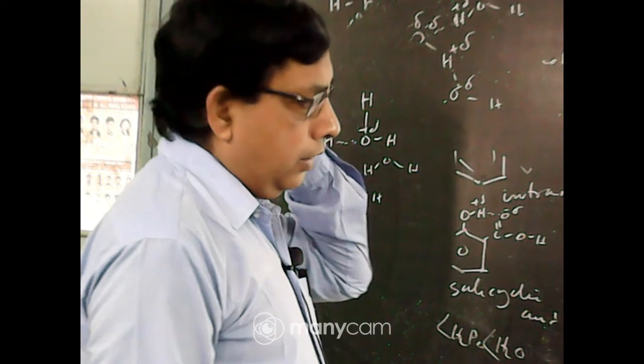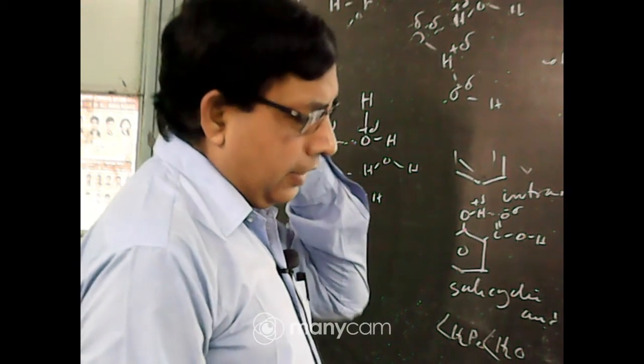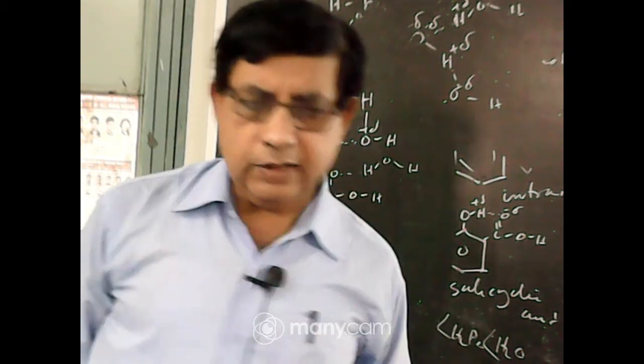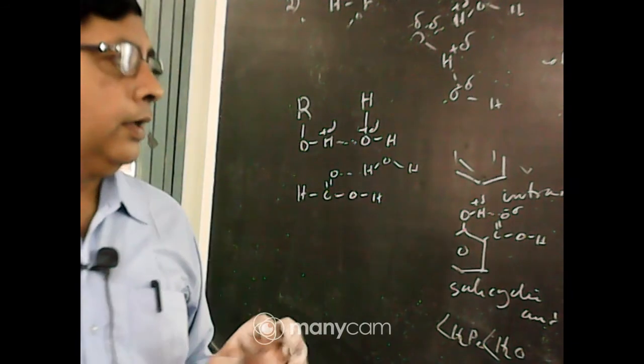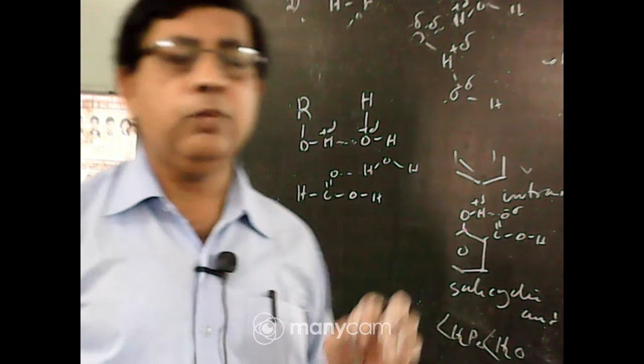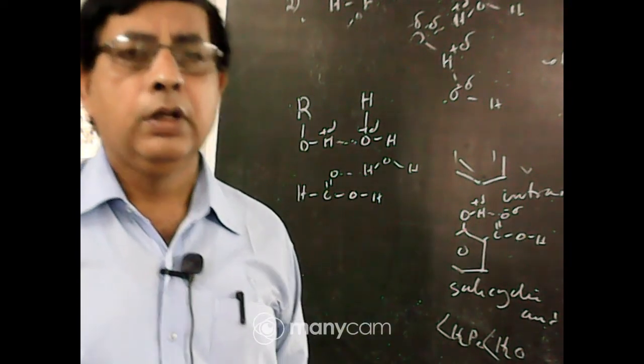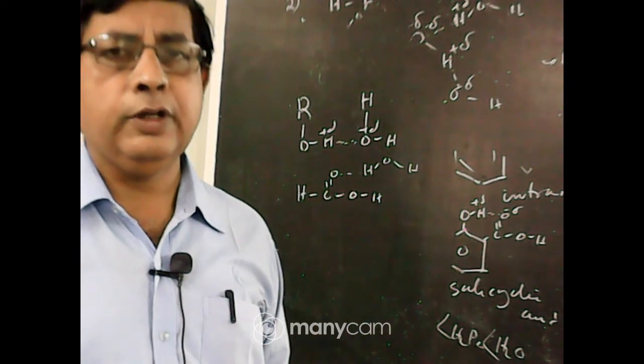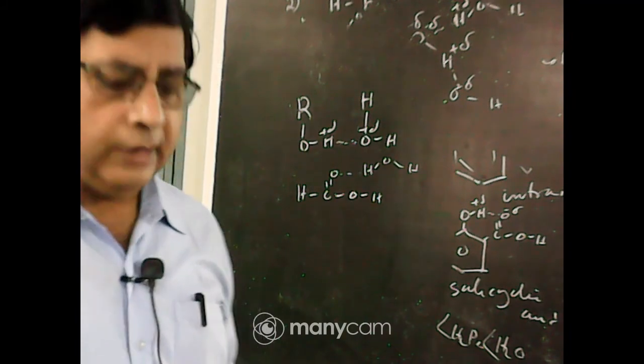In the chemical bonding chapter there is only one portion left that will be discussed in the next class, that is the molecular orbital theory. Molecular orbital theory, or MO theory, that is developed by Pauling, is very important for competitive exams, and will be discussed in the next class. Okay.